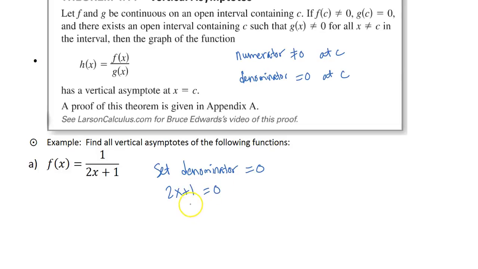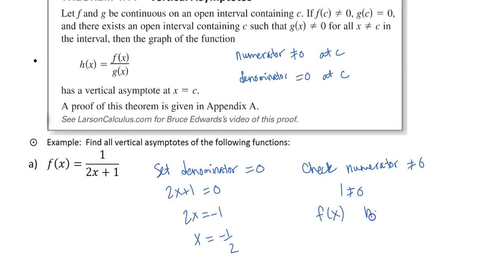That gives me 2x equals negative 1, which gives me x equals negative 1/2. And then I'm going to check to make sure that the numerator is not equal to 0. Well, that would mean 1 not equal to 0. So this tells me that f of x has a vertical asymptote